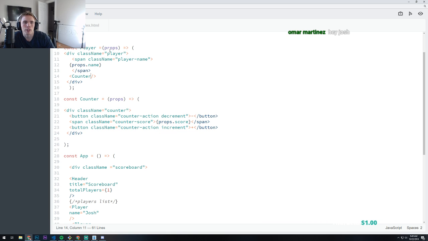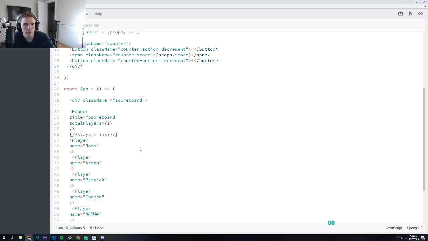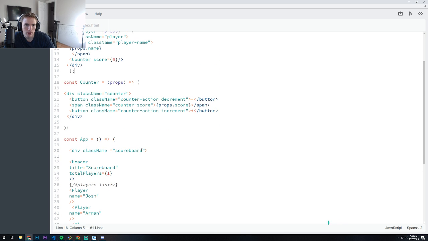Let's think about this for a second. We got player, name, props name. So I know this works, but it only works for one score across everything. So we have to put 0, right? As Juan was saying, and then we'd add a button to increment, so that each one would be different. So that would make it reusable, right? But how is he doing